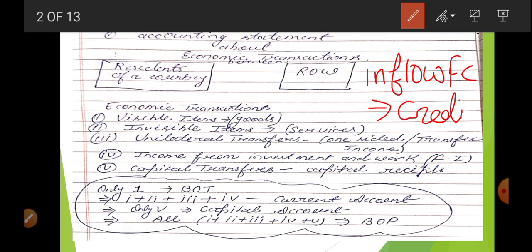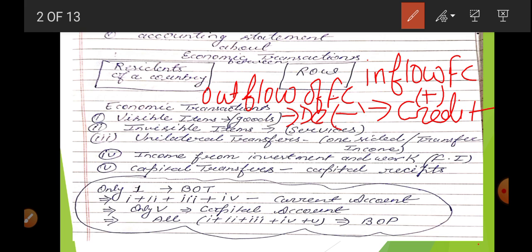Okay, student, and outflow of foreign currency is recorded on debit side. Okay, it is plus and it is minus side, negative side. So outflow, that is, there is outflow of the foreign currency, so it is deducted. So it is entered on debit side, and inflow is recorded on plus, that is, credit side. So that is why it is known as an accounting statement, because it is having two side entry, debit and